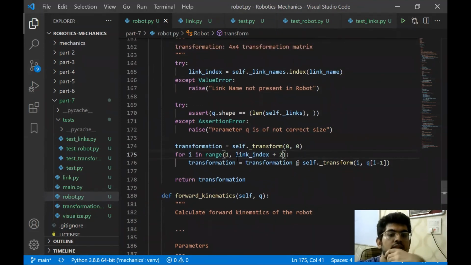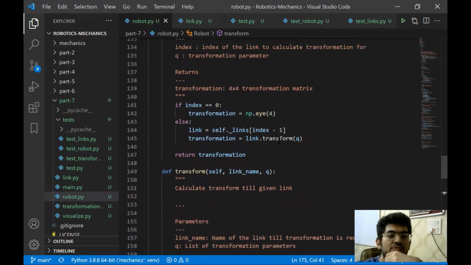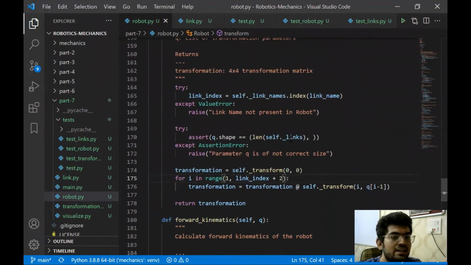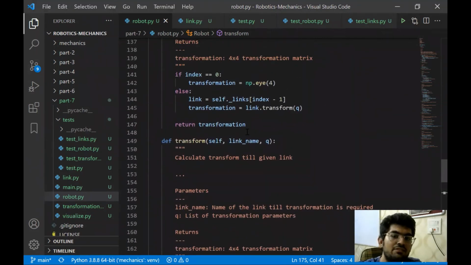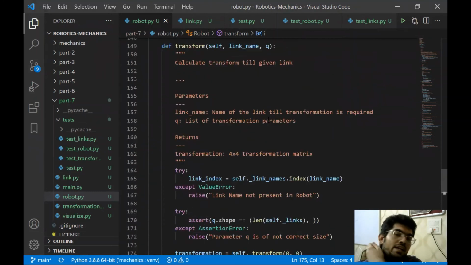Now the next bit of error comes over here. What we are doing is, on passing this transformation for this index, we get np.eye(4), we return identity matrix if the index that we entered is 0. What we want here is link_0's transformation matrix.